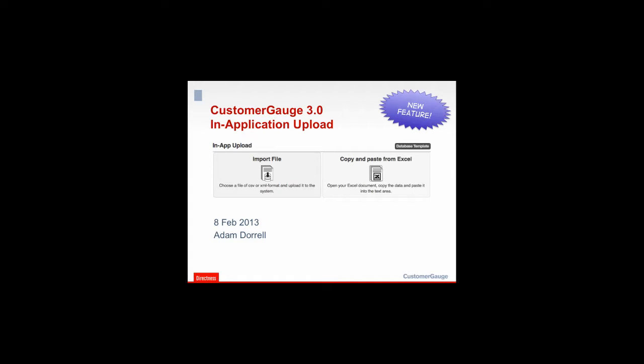Hi, my name's Adam Dorrell, and today I'm going to talk about a new feature in Custom Engage 3.0. We call it the in-application upload, and this is a simple and secure way of uploading data manually into Custom